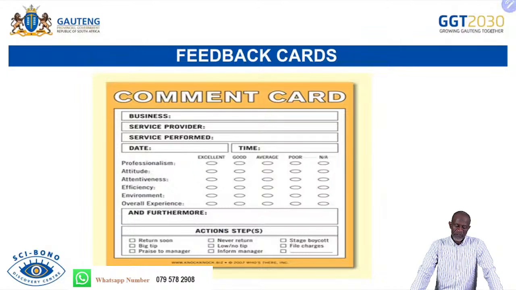And if you have further comments, you are still allowed to comment further. If the service level is not catered for in the aspects mentioned, that of professionalism, the attitude, effectiveness, and so forth,